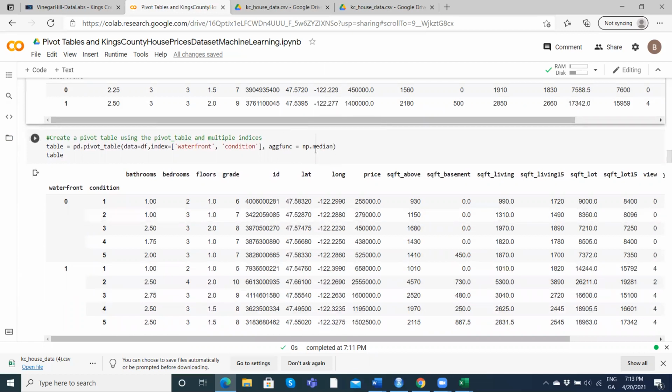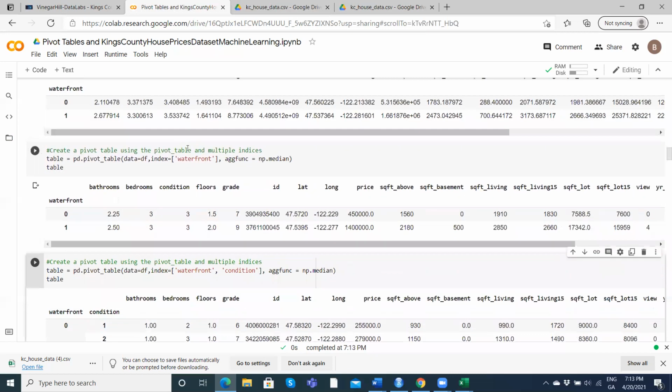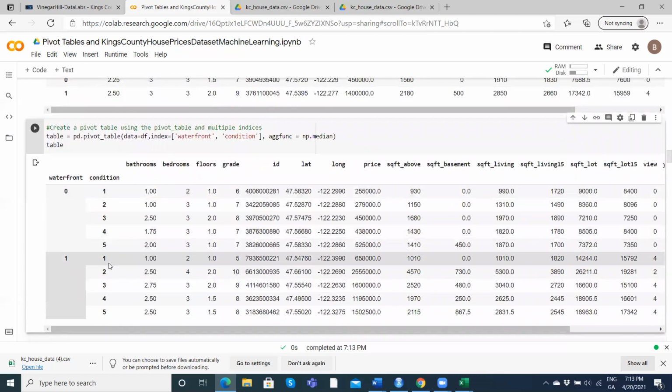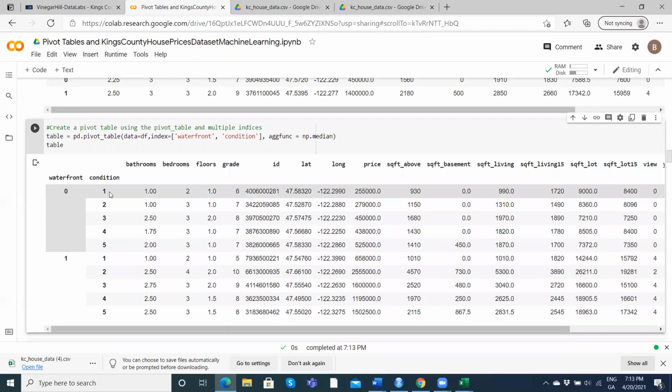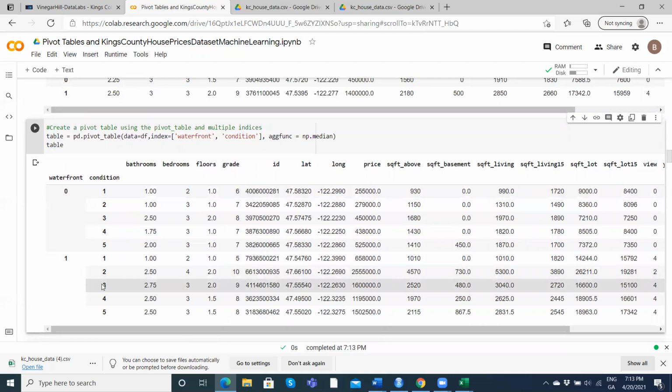If we run that command, you can see that by adding that extra index, we build an extra dimension into our data, so that if somebody wanted a waterfront property with condition 3 or 4, a realtor could say, look, we could guide you here,